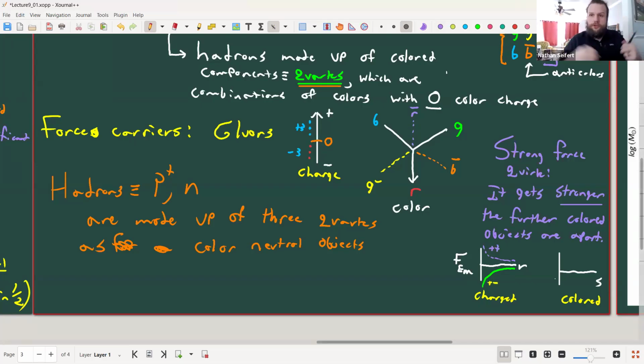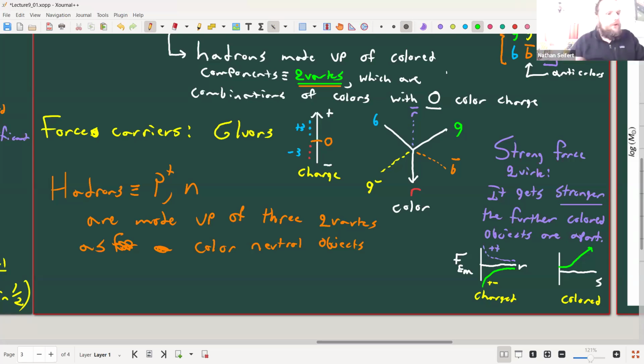And the strong force between two objects goes like this. So what that means is that as you pull two colored objects apart, they pull each other back more and more and more, hence gluons. They're glued together, and the glue gets stickier and stickier as you pull them apart. So that keeps protons and neutrons together. That's the important thing about the strong force: it's opposite. It gets stronger the harder you pull on it.